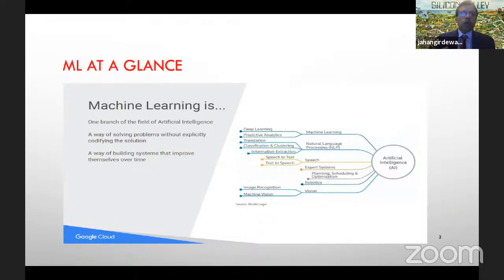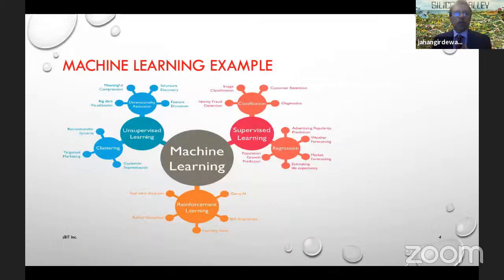It's a way of solving a problem without human intervention, pretty much. It uses the data, builds the system over time, and improves the system at the same time. So here is an example of machine learning. I'll be touching base mostly